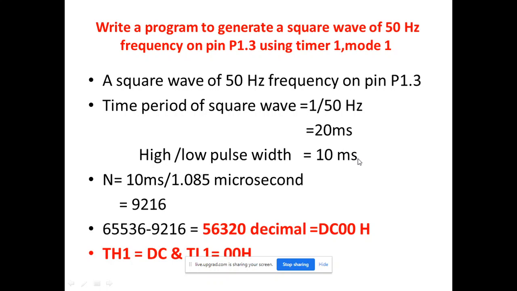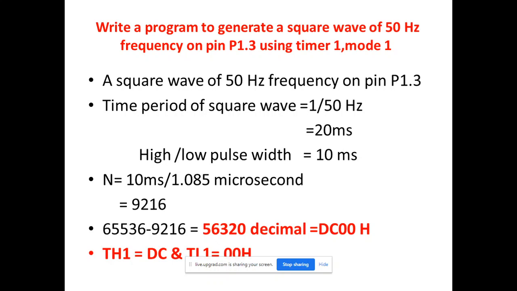Now, as per our formulas, we calculate the value of n. Value of n is equal to desired time upon time period of one machine cycle. We already know that the crystal frequency is 11.0592 megahertz.